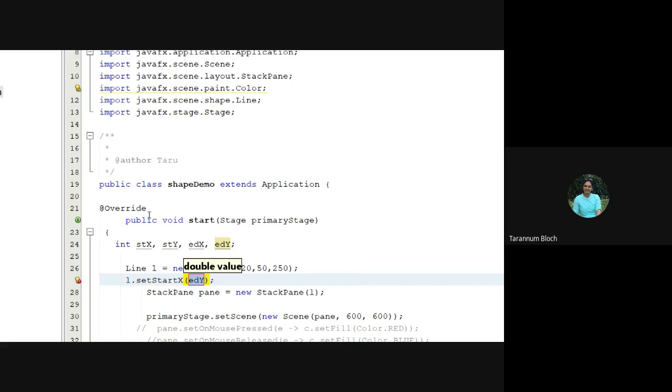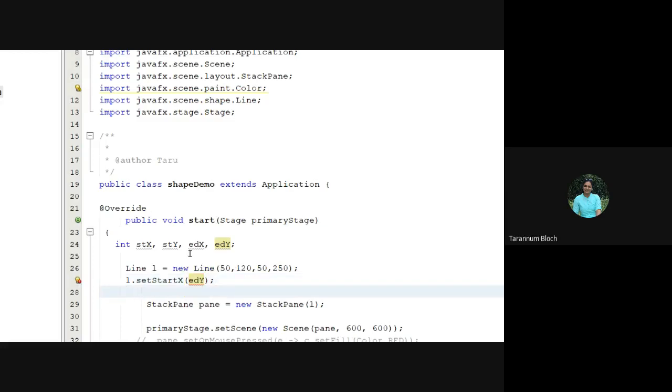You can give any value, x or y, whatever you have. Suppose I have used the Scanner class and from the user I have taken 250. So instead of fixed values, now I will write these variables. Or I can go with the empty constructor, create an empty line, and then set x and y.